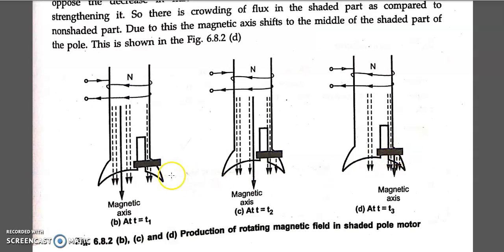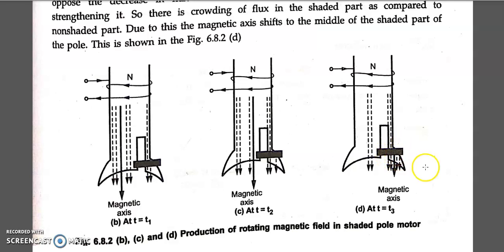Okay, here, but here what happened? The rate of change of the flux was increasing, so it tries to stop it. Yes, it tries to oppose it. Here also what is happening? It is decreasing, it is opposing. The current flowing in the copper shading band is opposing the decrease, means it is aiding, it is helping to increase the flux. Yes, but there it was decreasing the flux by opposing it, right? Here it is also opposing, but in an aiding manner. Yes or not?